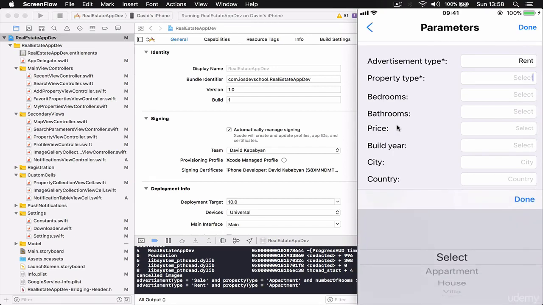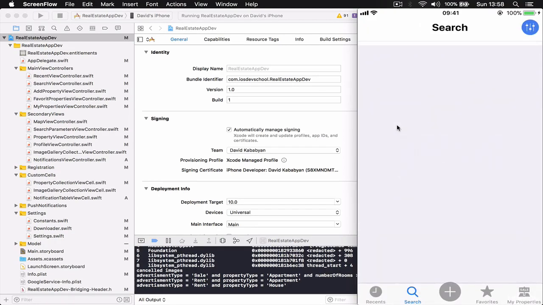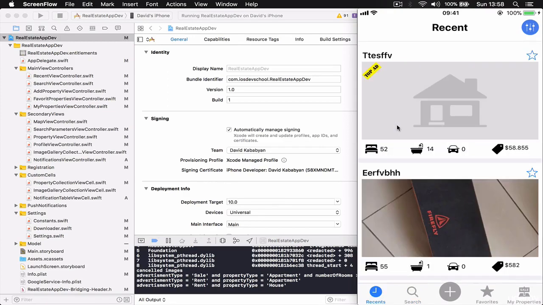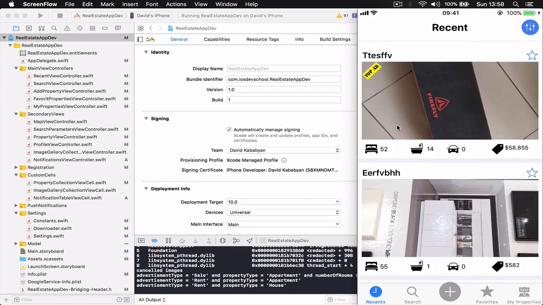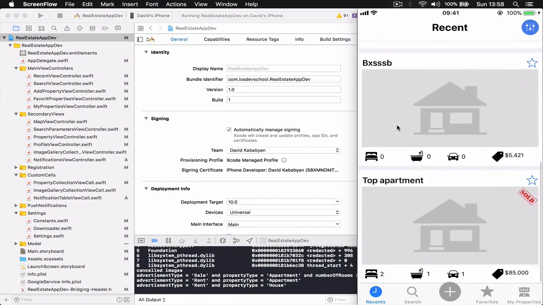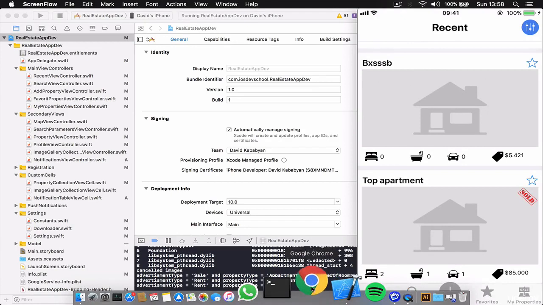Let's just say we want to rent a house, maybe. There is something here. No results here. So I guess all my properties are under the sale part. Alright, so this is the application we are going to build together. You can see all the features of it. For the application, for login and registration and everything, let me open my